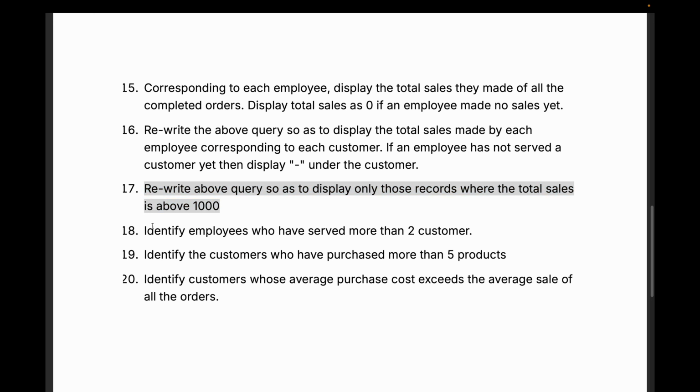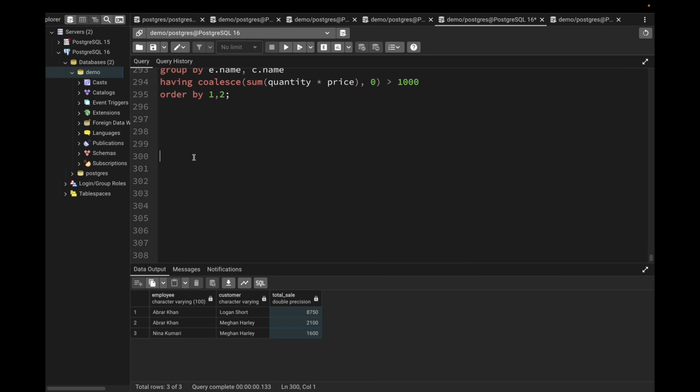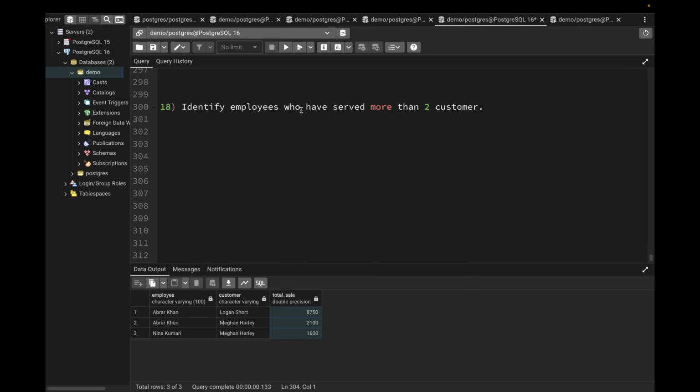Now let's move on to our problem number 18. The problem states: identify employees who have served more than 2 customers. So we need employees and we need the customer information, right? I need to find how many customers each employee has served, but I cannot just use the employee and